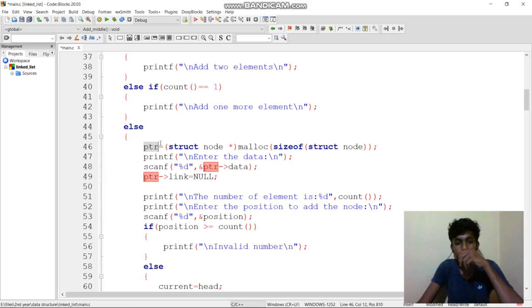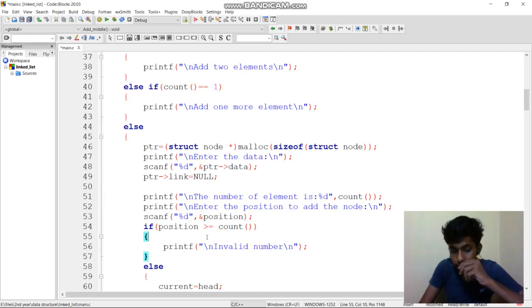What will we do? Again creating a pointer and entering data, and I am giving the link 0. Now I'm going to print the number of elements and it will check that count. If it already has elements, it will count and say how many elements are there. Then again, at which position we need to add the node. If it has three values, it will show the number of elements is 3. And at which position, if you give 2, the second position, that means between second and third, it will add the node at the position that it scans.